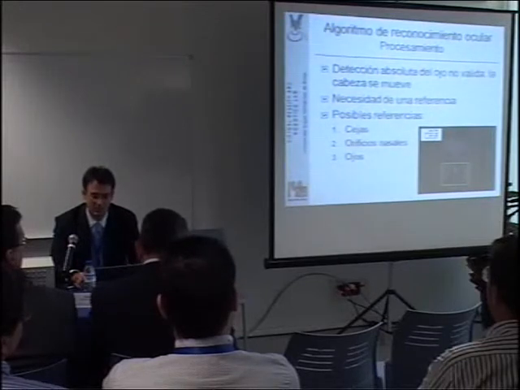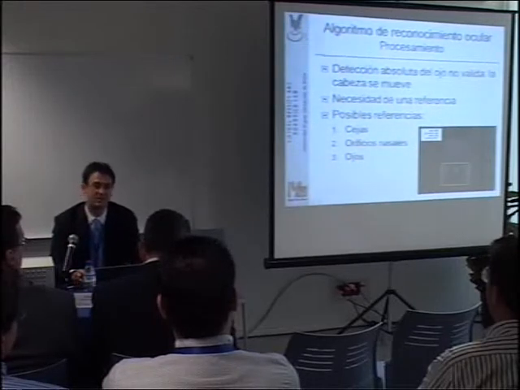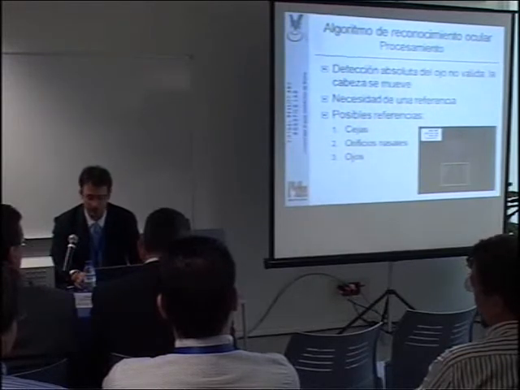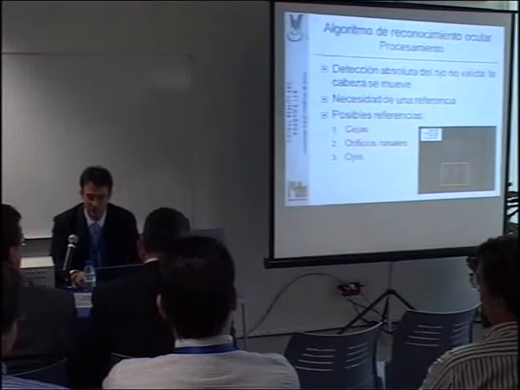So what are the types of references that we have selected? Possible items, the ones prominent on the person's anatomy and not artificial references. We don't want to add any type of sticker or any type of additional element. That's why we have analyzed the role that eyelids, nostrils, or eyes can play. And we have also seen